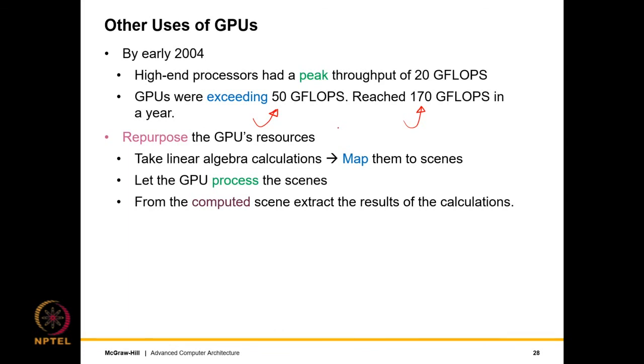So now, evil processor designers and programmers laid their eyes on GPUs. They thought it's a good idea to repurpose the GPU's resources, in the sense that a large part of the computation that you have just seen involves linear algebra. Other than the rasterizer, to some extent, most of it is generic linear algebra. And if that is being done for a graphical scene, it can be done for other high performance and scientific workloads as well. So what we can do is have a more generic design of a GPU,